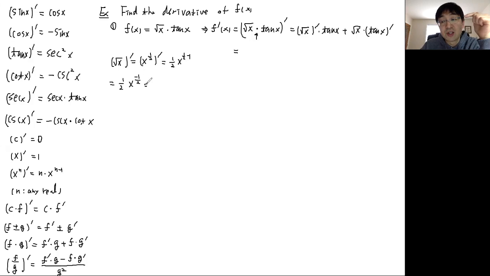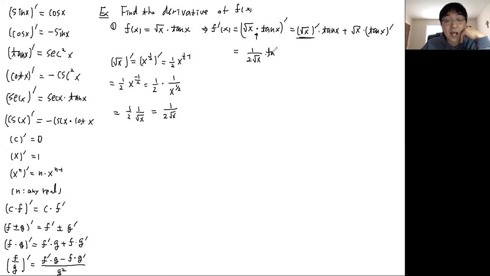You can change the negative exponent to a positive exponent: 1 over 2 times 1 over x to the 1 over 2. Then change it back to radical form: 1 over 2 times 1 over root x, combined 1 over 2 root x. So the root x prime is 1 over 2 root x, times tan x